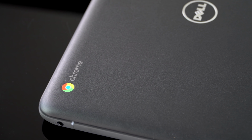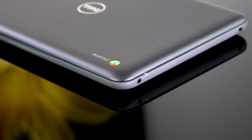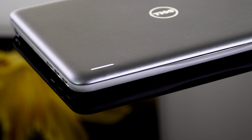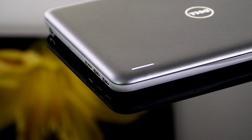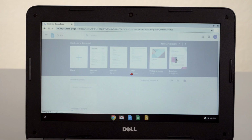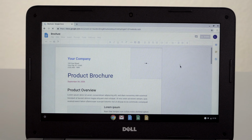So yeah, it's a Chromebook. You have to be okay with Chrome OS, which means spending your life living in a web browser. Basically, it's an operating system based on the Chrome web browser. If you can do it in a web browser, you can do it on a Chromebook for the most part, unless you need certain plugins or that sort of thing. But you get the idea. Google Docs, sure, Google Photos, any web-based emails, that sort of stuff, surfing the web, streaming video,